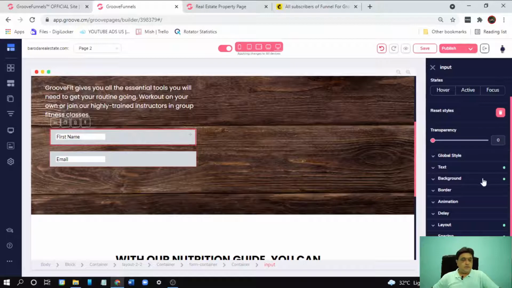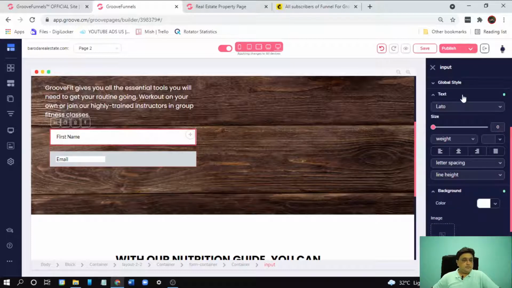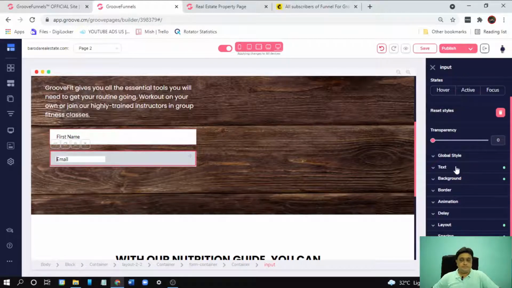Now here you can select a background also. Let's make it white. Let's select text background also, because it's showing a white portion here.